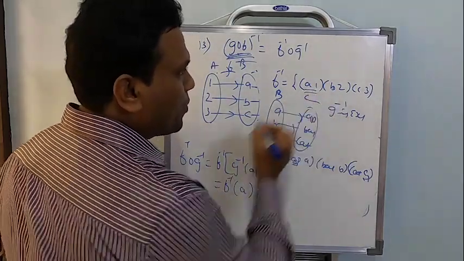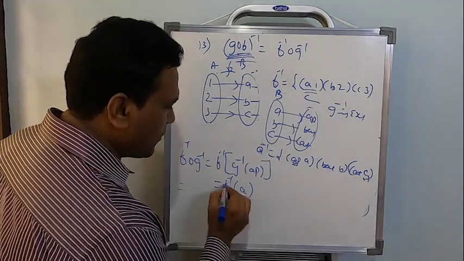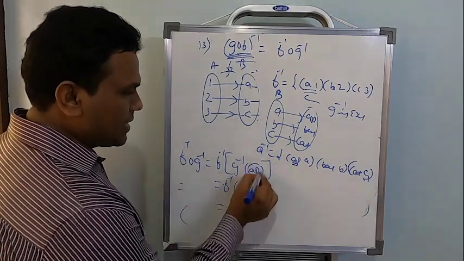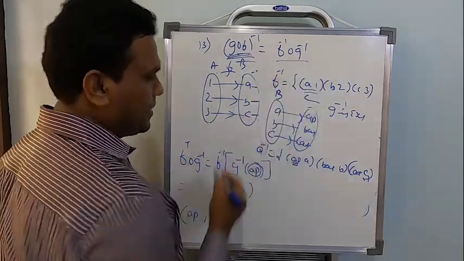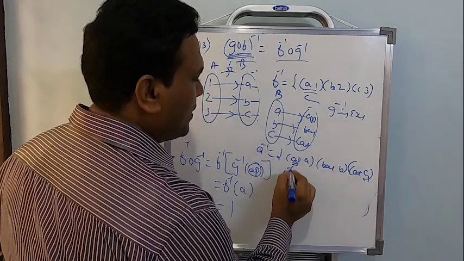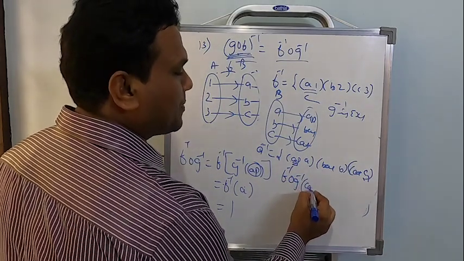Come to a now. In f inverse, what is a related to? A is related to 1. So f inverse of a will be equal to 1. So that means first element is apple I took. So apple comma 1. First element of the right hand side. Similarly, I am going to find 2 more. The other 2 more will be f inverse of g inverse of apple is over. Now what is left?